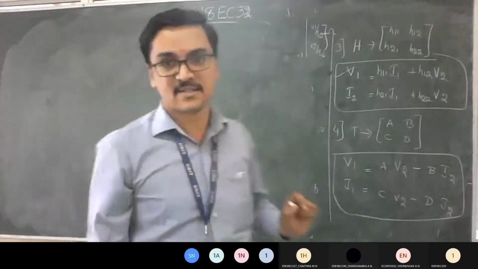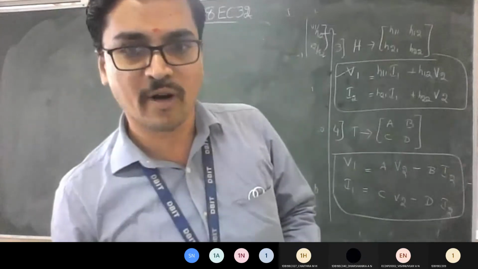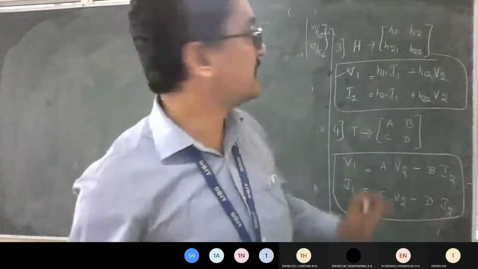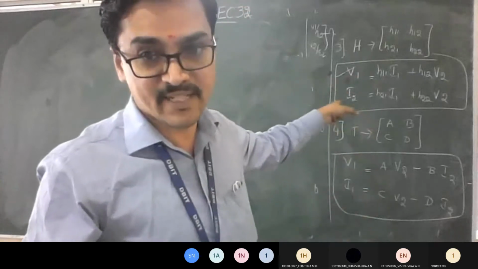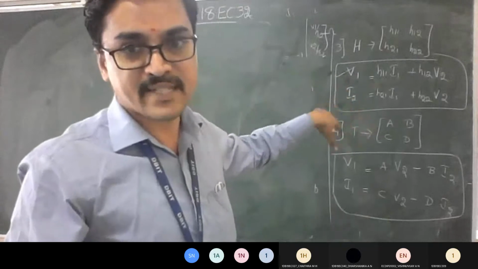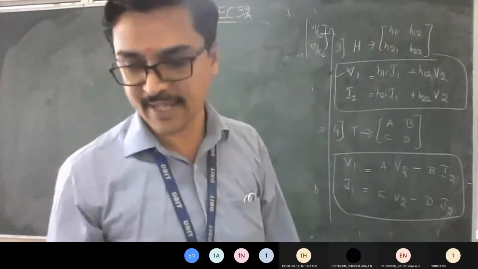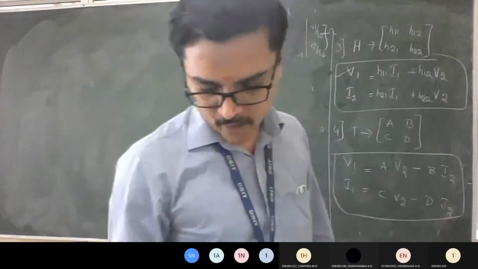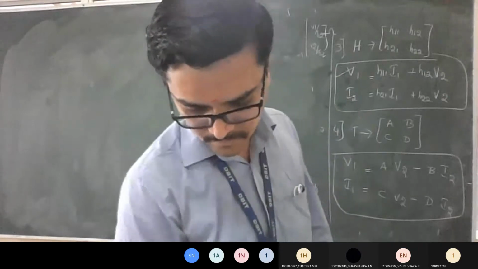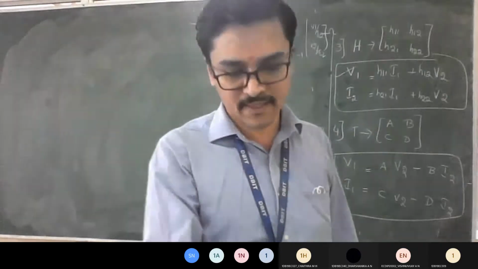After the class, you try to analyze the thing that I left out. I ask you to write the Y parameter, H parameter, as well as ABCD parameter in this form, and then the equivalent circuit for that. If you have doubts, you can ask me. Okay, so let's proceed with the problem now. I will do one simple problem first.